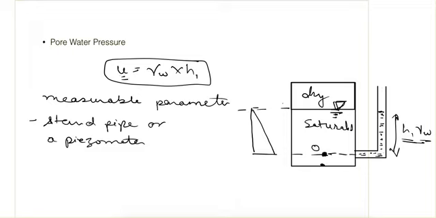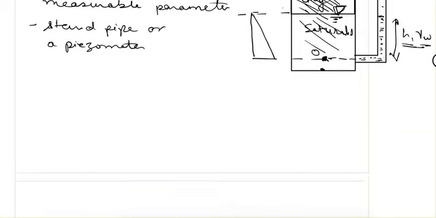But this formula is valid when the stresses upon that point, like the point we are considering, have been there for a long time: this saturated soil mass is there for a long time and this dry soil mass is also there for a long time. If some new stress comes on this soil mass, new stresses will be induced and some extra pore water pressure will come, and that will be covered when we study the consolidation part. So there it will be further cleared.